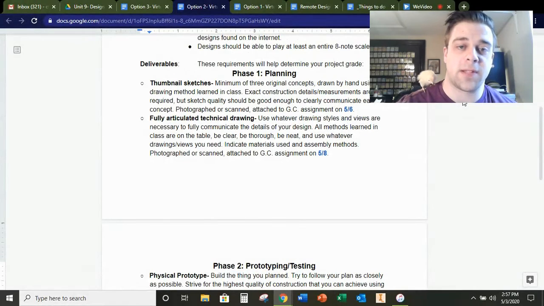Your deliverables for this assignment are the things that you actually have to complete to create and turn in. This becomes part of your project grade. Week 1 is the planning phase, and your deliverables for week 1 are as follows. A minimum of 3 original concepts drawn as thumbnail sketches, drawn by hand using any drawing method learned in class. Exact construction, details, and measurements are not required, but sketch quality should be good enough to clearly communicate each concept. These must be photographed or scanned and then attached to the Google Classroom assignment on 5/6, which is Wednesday of